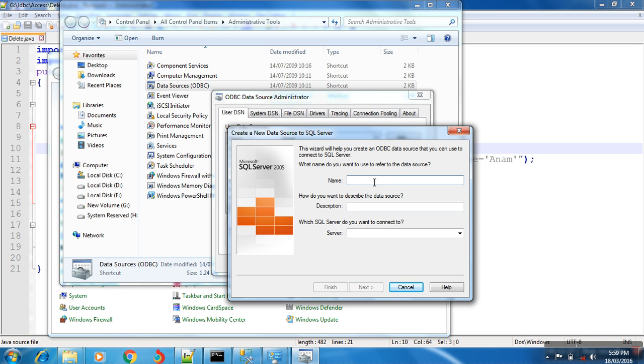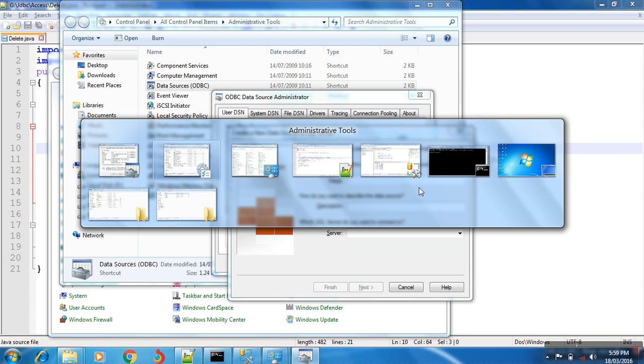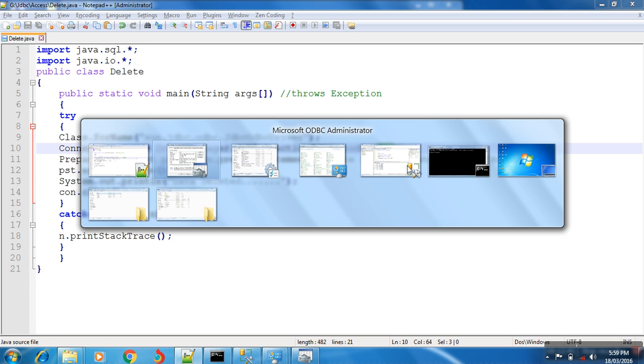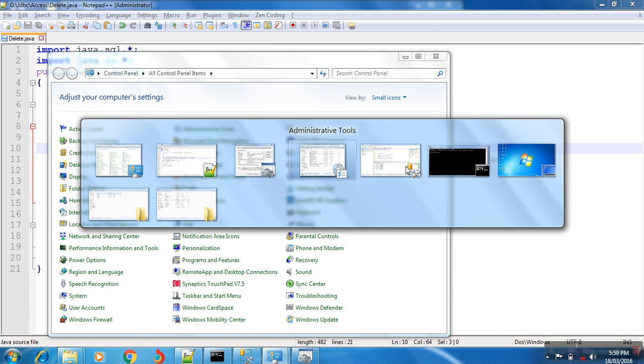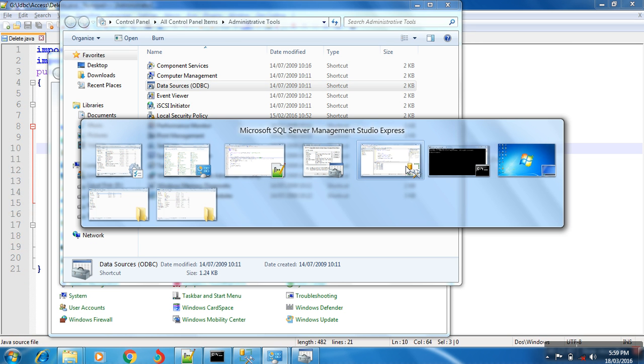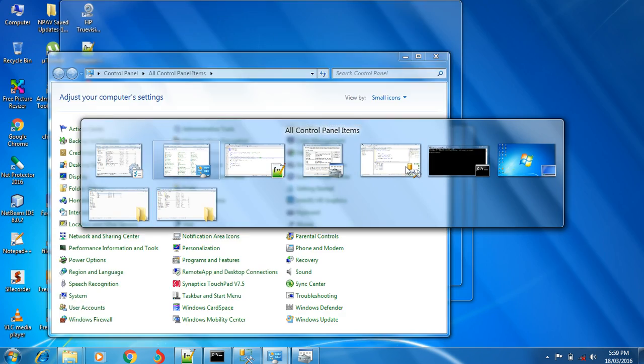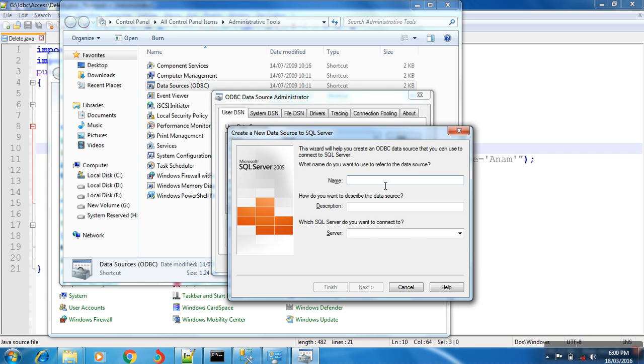After that you have to write the DSN name: ACC. See here, this is your DSN name. You have to copy this name and paste it here.